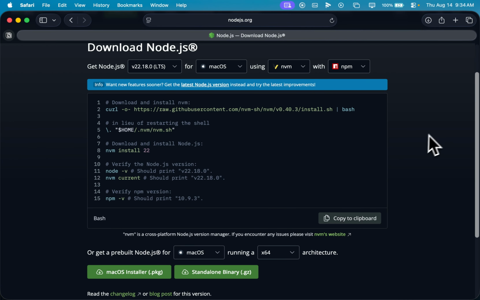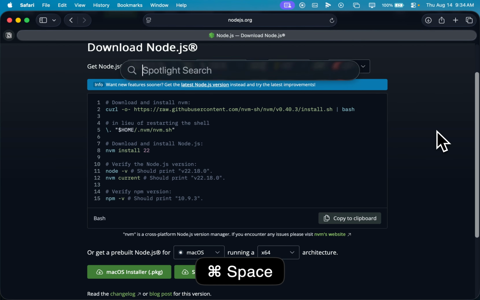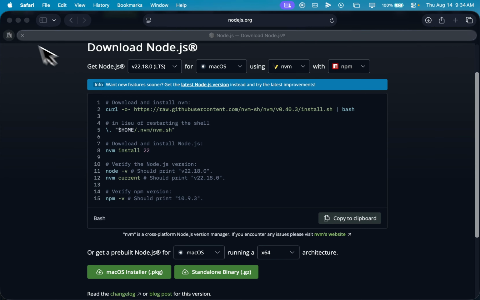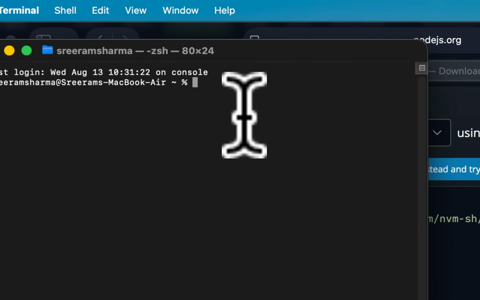Now on Mac, press Command and Spacebar. This should open Spotlight Search. Search for terminal. Hit enter. Once the terminal is open, simply type node